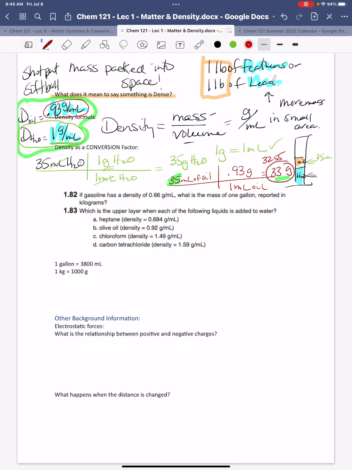So obviously, because, well, not obviously, but perhaps you can see that because the density of oil is less, the mass of the same volume of oil is going to have less mass. Okay, and that might also clarify why oil floats on water. Okay, one other really impressive feature here is I wanted to show you guys how powerful dimensional analysis is, okay? So basically, before I do that, let's do the easier one.